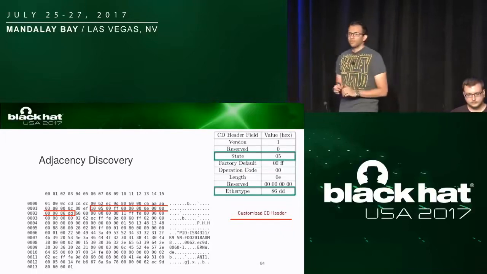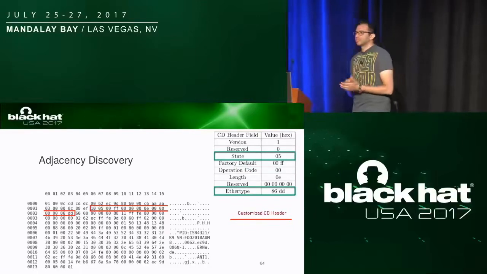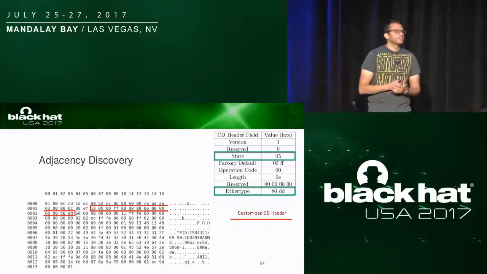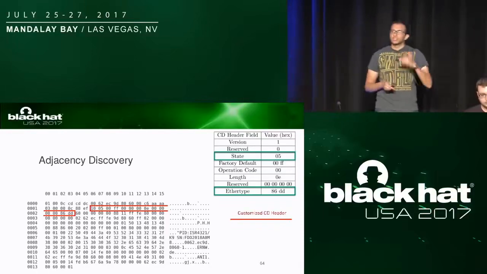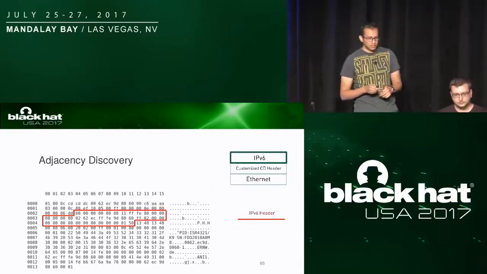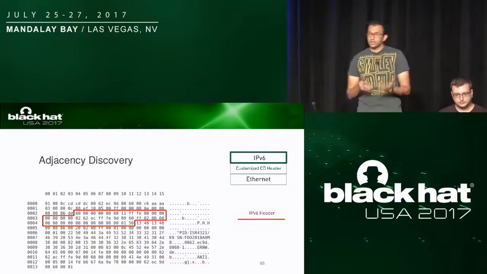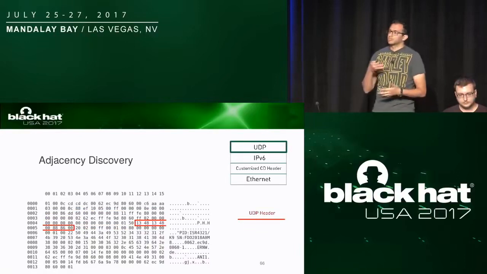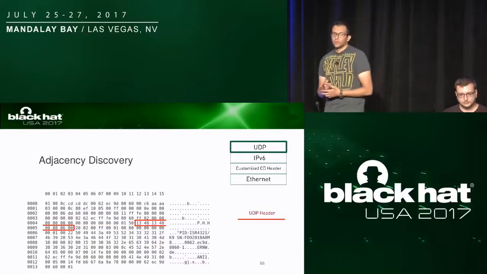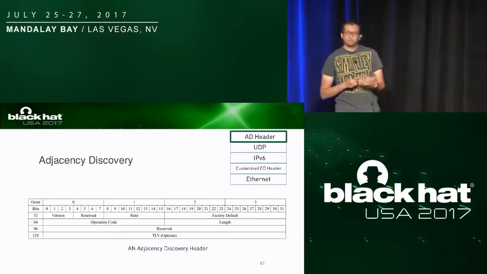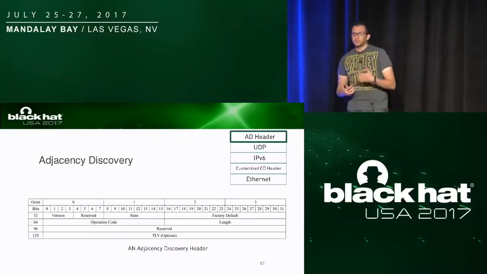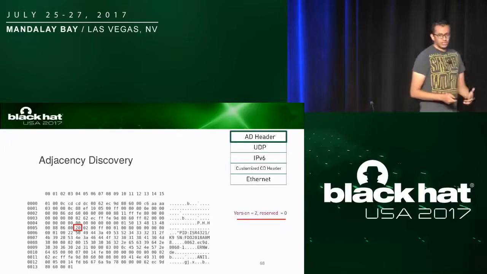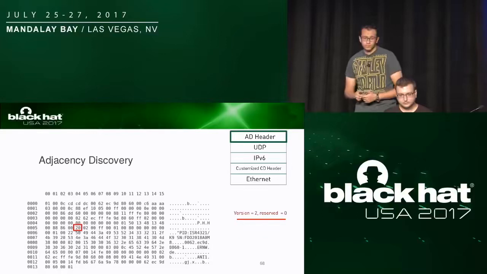The state here is O5, which means there is an adjacency discovery coming after that, and we have the next ether type, which is an IPv6 ether type. It means what's coming next is an IPv6 header. After that, we have the IPv6 UDP service, and comes the question of how to analyze the adjacency discovery. Well, we believe it can also be analyzed based on the same header, but with different TLVs and different values. So same idea, here the version is 2 instead of 1.